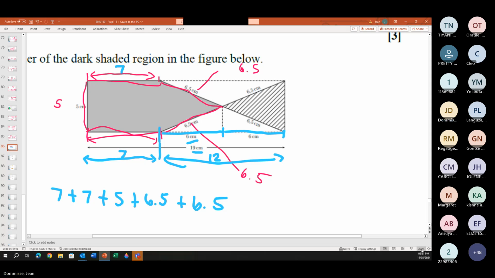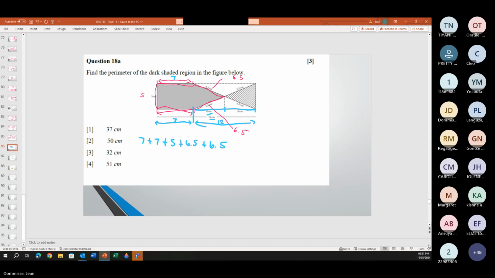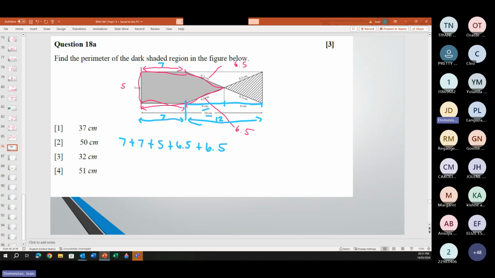Okay, so they don't always need to tell you what some of these areas are. They give enough information for you to work it out. So then it is 14 plus 5 is 19. 6.5 plus 6.5 is 13. 19 plus 13 is 52. Okay,